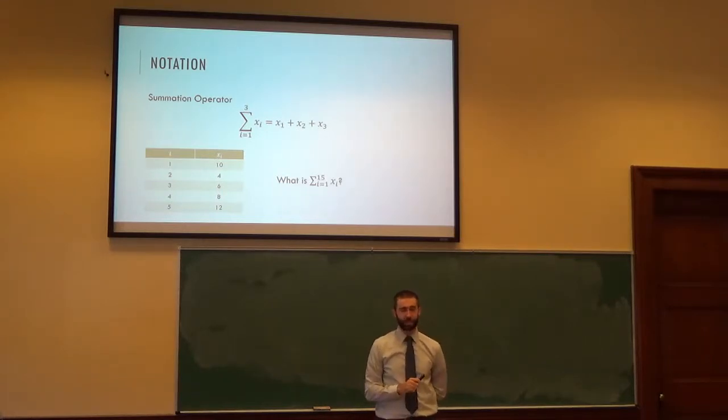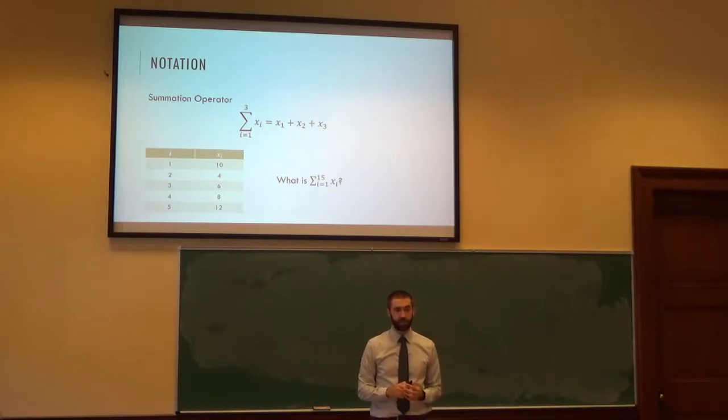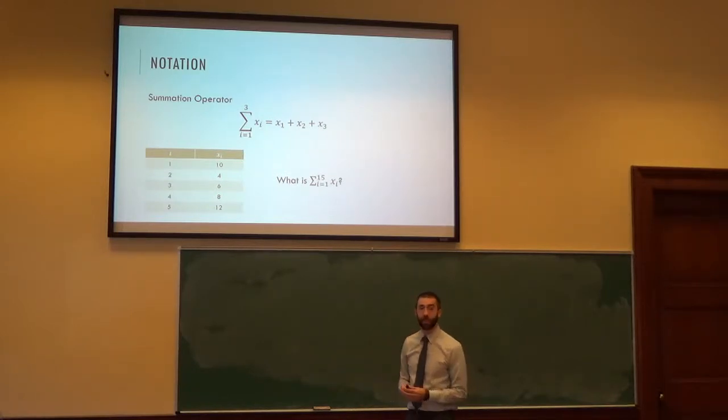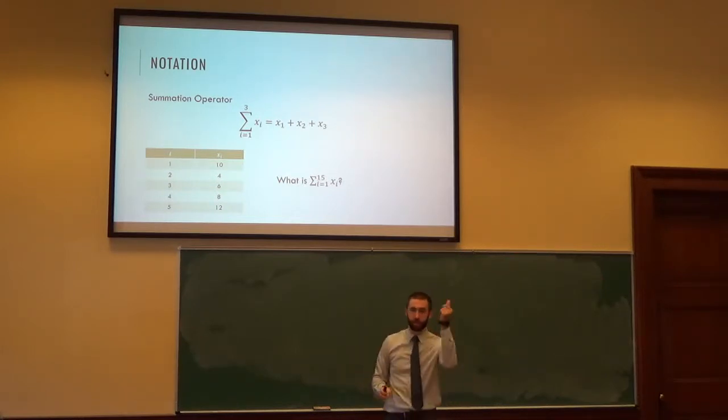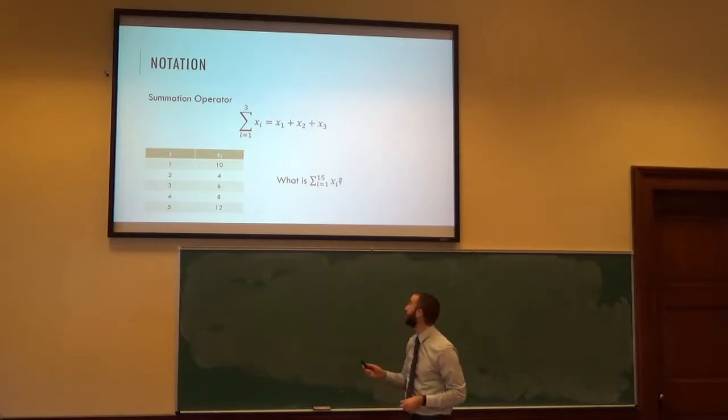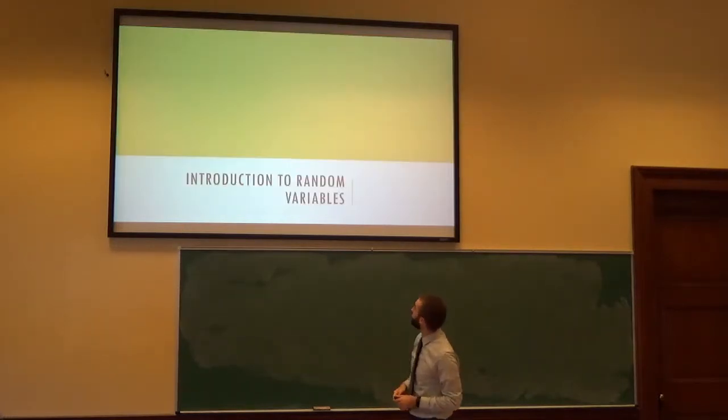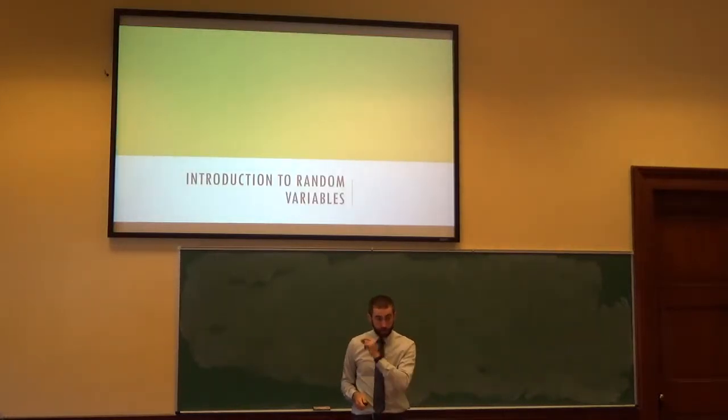Do you have any dissenting opinions? 40? All right, we have no dissenting opinions. How did you do it? I differ. It's just 10 plus 4 plus 6 plus 8 plus 12. Okay, straightforward. So everyone's comfortable with this. Every time you see that capital sigma, you know what to do. Right? Okay, great. Excellent. All right, so now I want to go in deeper with some of the other issues